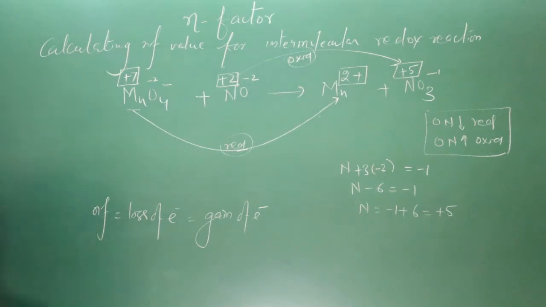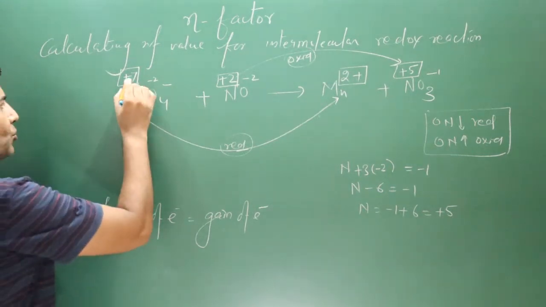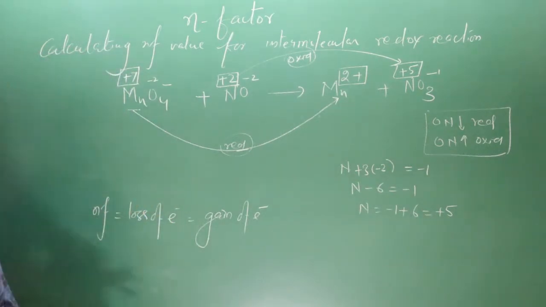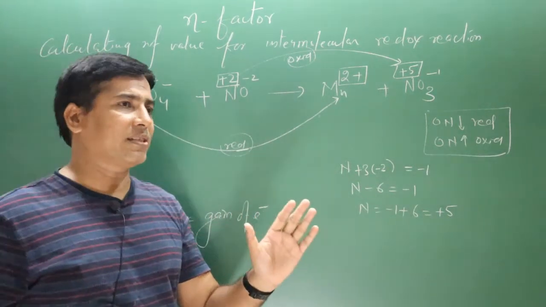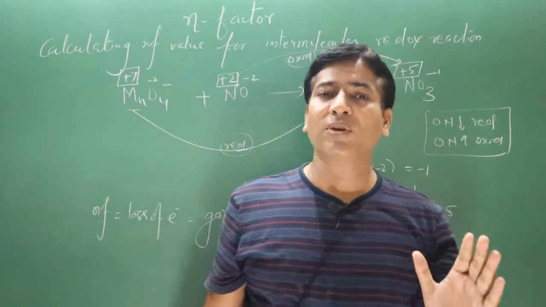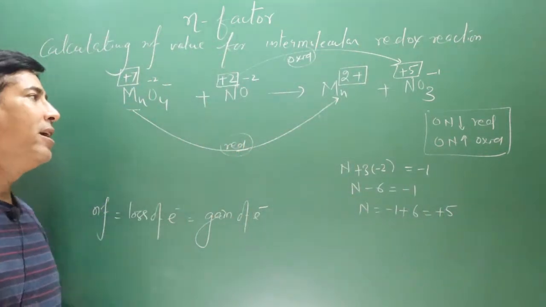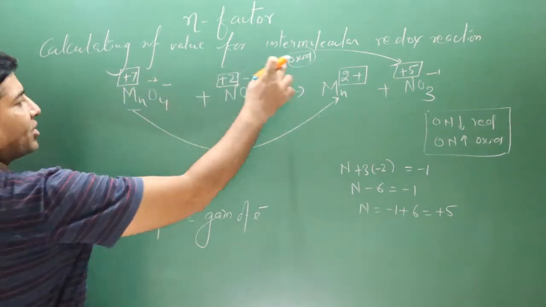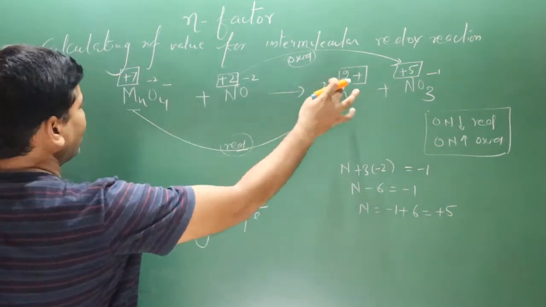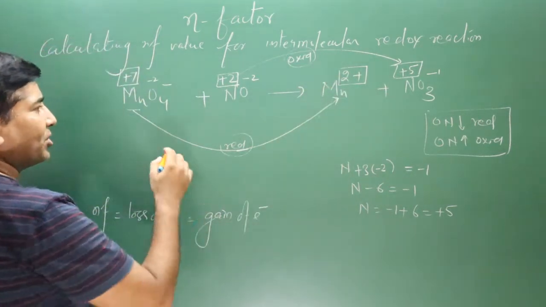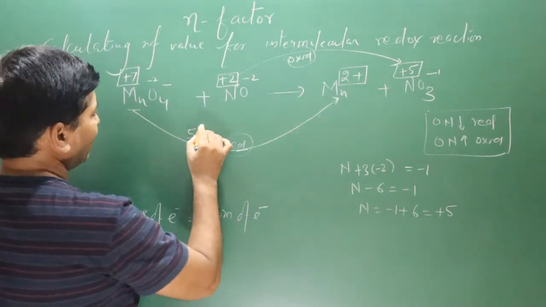Now focus very carefully. Manganese is +7 on one side and shows +2 on the other side. So the difference in oxidation numbers, always keep in mind, difference. Whenever we find the difference, we always subtract the small value from the large value. That's why the difference should always be a positive value. So 7 minus 2, sorry, left side it shows +7 oxidation number, other side it shows +2. 7 minus 2 is equal to 5 electrons.